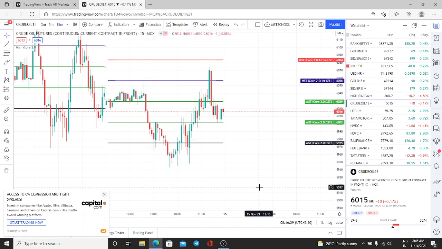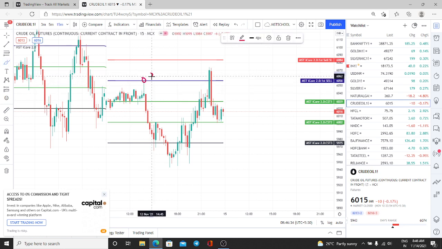This is one method. Suppose we had done like this, what happened yesterday? See here, here was our entry, 3 lots. So here we booked 1 lot and we revised the stop loss to cost to cost. Suppose the market comes back and hits our stop loss, no problem. Already we have booked 1 lot in profit, and this exits at cost to cost, no issue. Now we book the second lot at the second target and revise the stop loss to the first target. Suppose the market comes back and hits our SL, no problem.